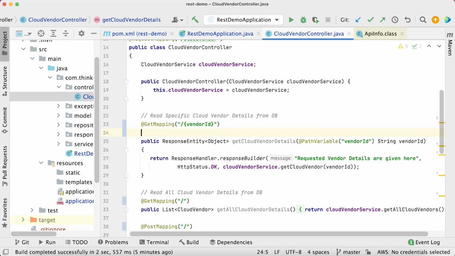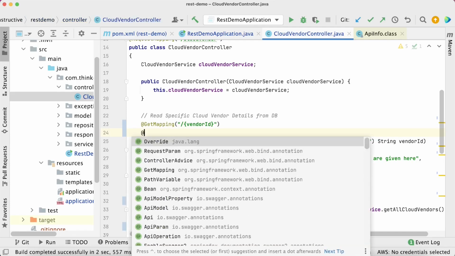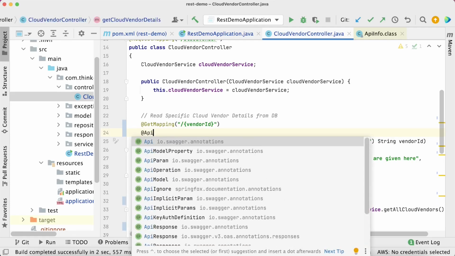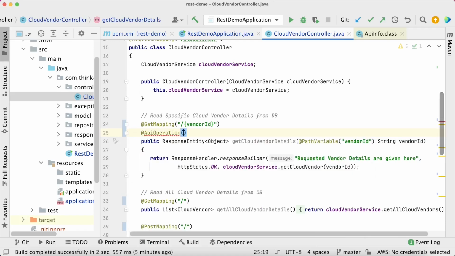I can add additional information with the help of the @ApiOperation annotation. So here we can specify certain stuffs which will make it more clear what kind of value it accepts or whether it doesn't accept any value, what kind of processing it does, and what kind of responses it provides. Fine. So let's say in value I will give what it expects.